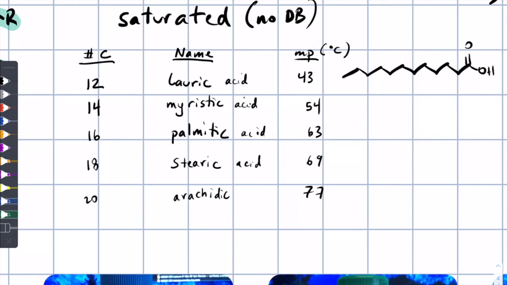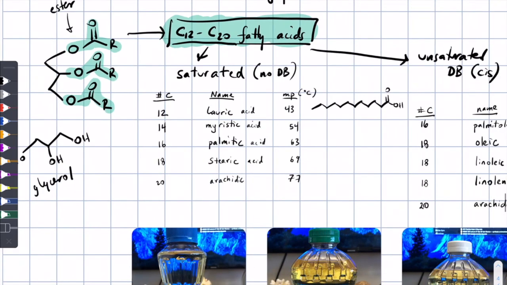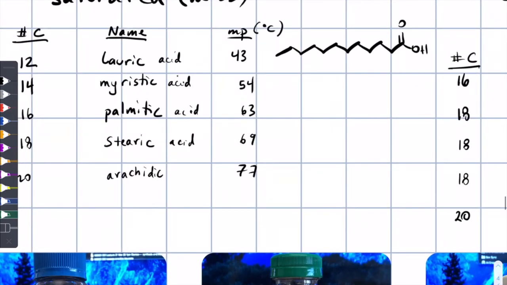That has to do with their biosynthesis, which is kind of cool. They have names that are not necessarily important, but all of the saturated fatty acids, now that's just the carboxylic acid portion once it's been released from the glycerol, all of these are solids at room temperature. These are melting points in degrees Celsius, and room temperature is about 25. In fact, you could hold all of these in your hands and they wouldn't melt, right? Not that you would want to, but